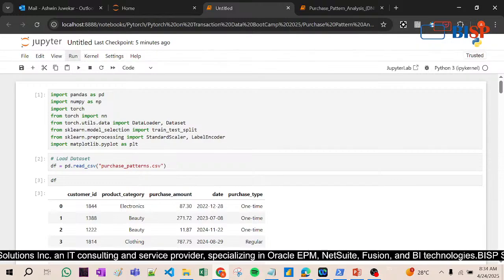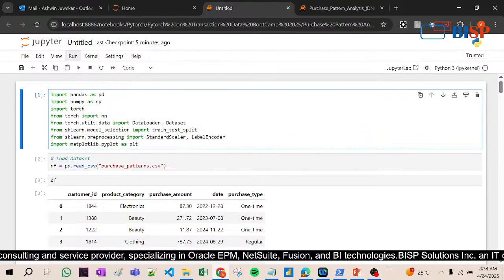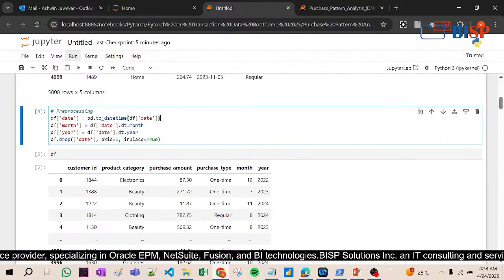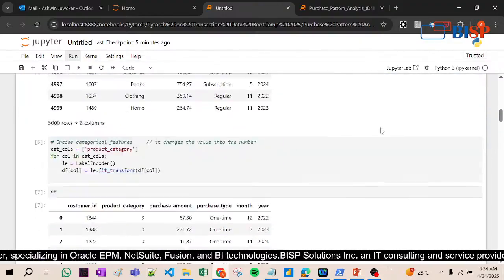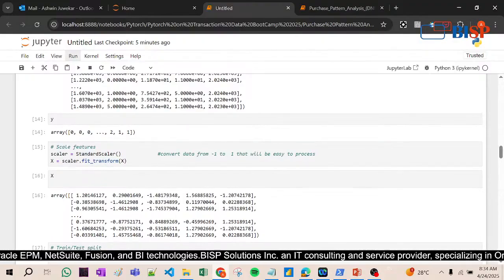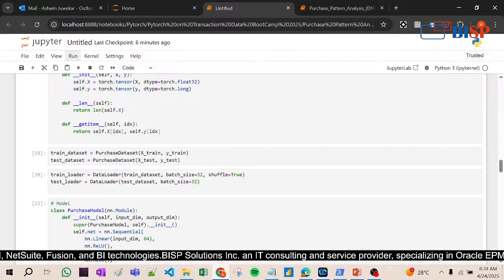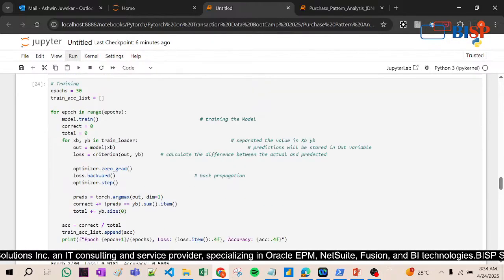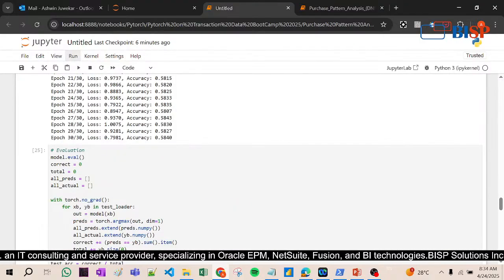Okay, so this is the scenario that we discussed today, and this is the most important scenario. So let's take technically first how it is done. First of all, bring in the libraries, then read the Excel sheet, then convert the alphabetical values into numerical values, and then train-test split, convert them into scaled values, that means -1 to 1, then create 2 variables x and y, then start training the data with the help of epochs, which are repetitions, and with their help you calculate the losses and the accuracy.